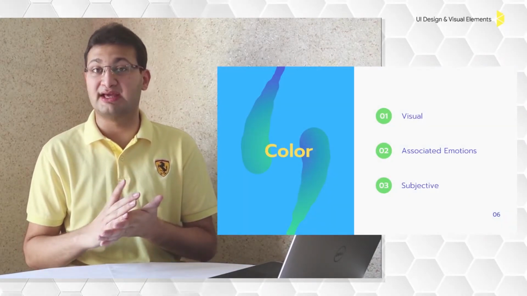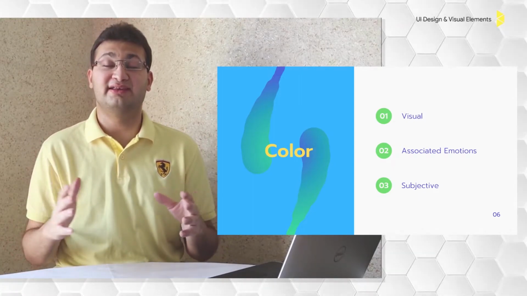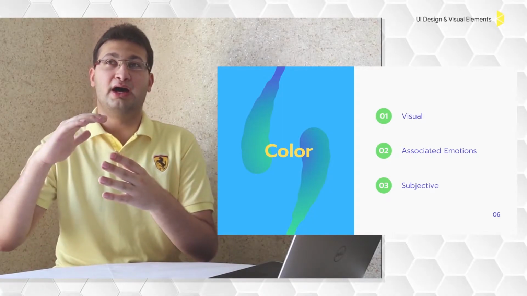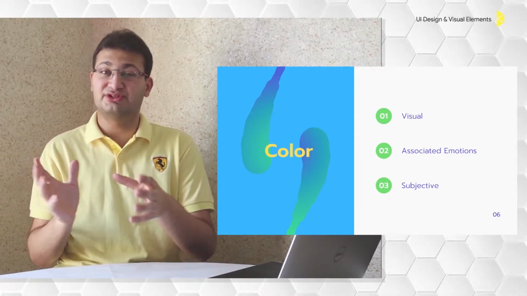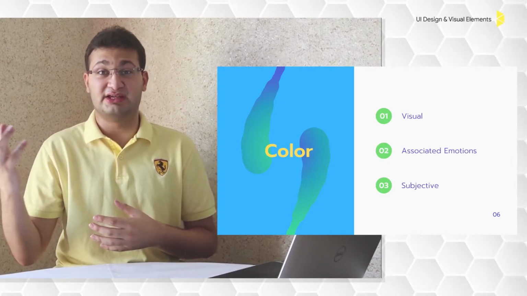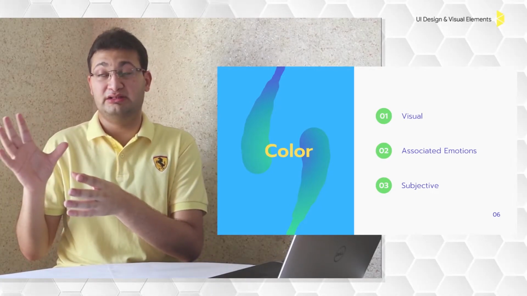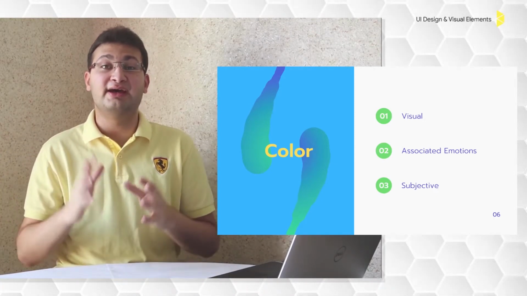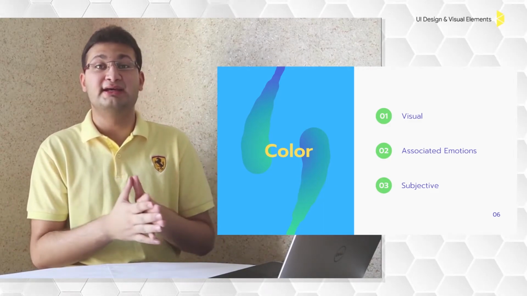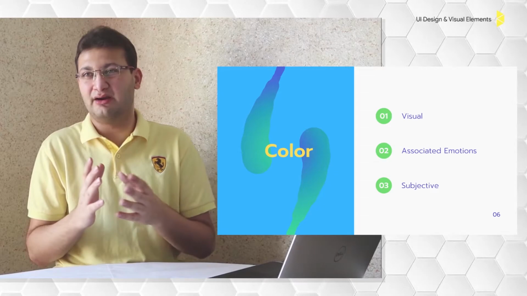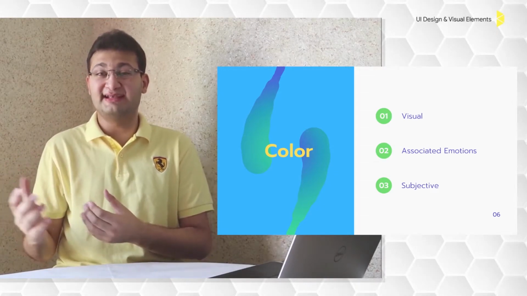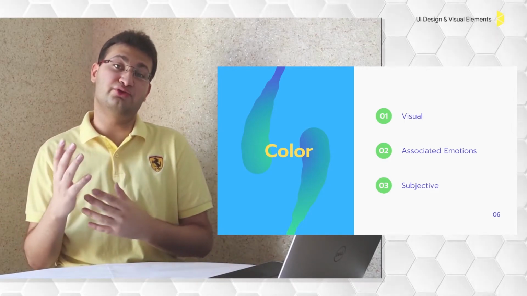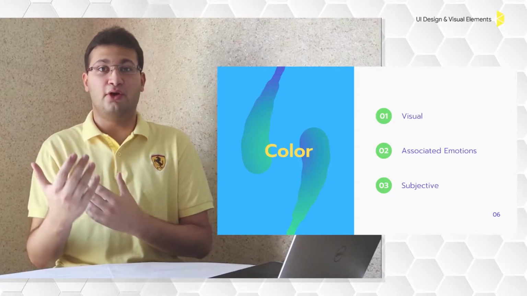Another tool which they use is color, and as I said, color is very powerful because of its visual nature, and also because we human beings tend to associate some colors with certain emotions, such as red and yellow. These are associated with energy and warmth and just intensity, right? Blues are associated with coldness, with icy, and green with nature and health. So this is how we can use colors to give off our own message.